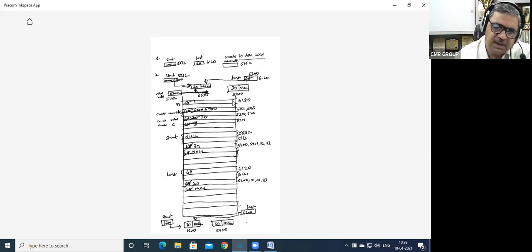And where is this new node's address? It is in new node, which originally was 6200, overwritten with 5900. Now tell me how to link this 5900, it has to be put here.